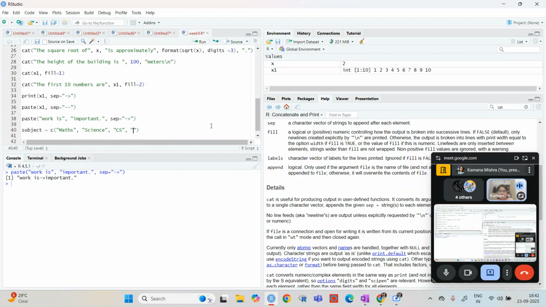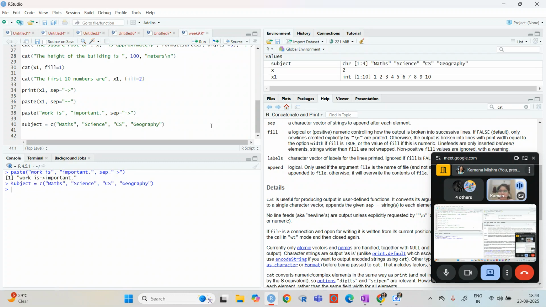So maths, science, basically we have history, geography. So let's write geography. Okay, so let's say this is one of my vectors, with character values.